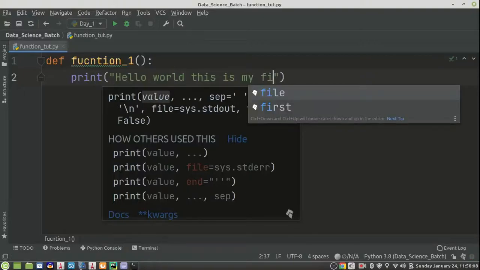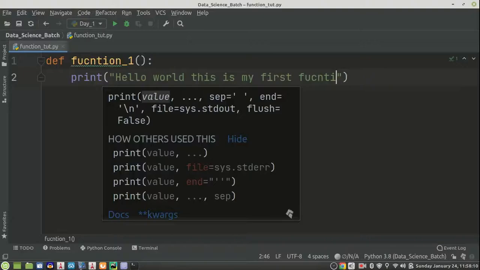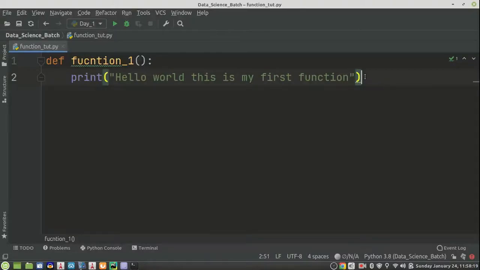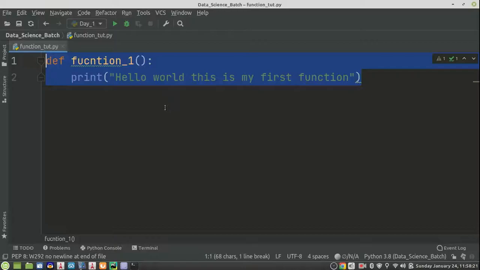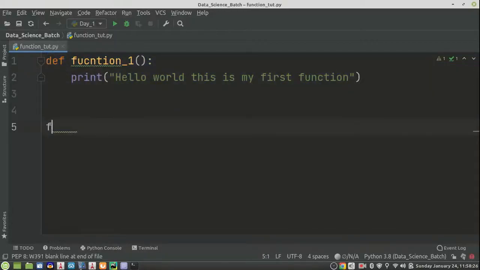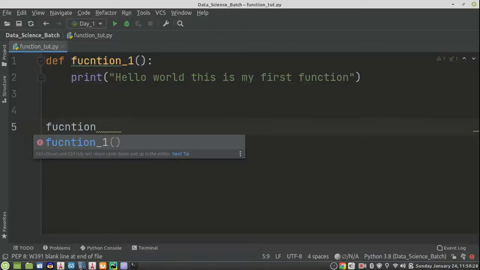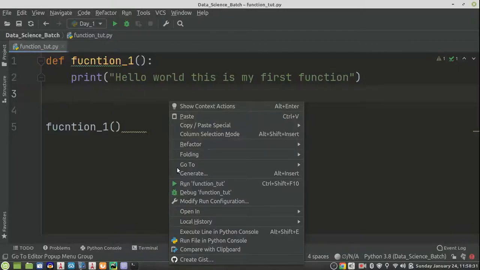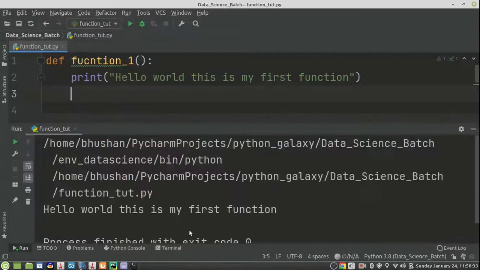Now you need to make a block of code, and here I will write hello world. Now we are ready. So how to call this function? Just write the function name and run it. Hello world. This is my first function.